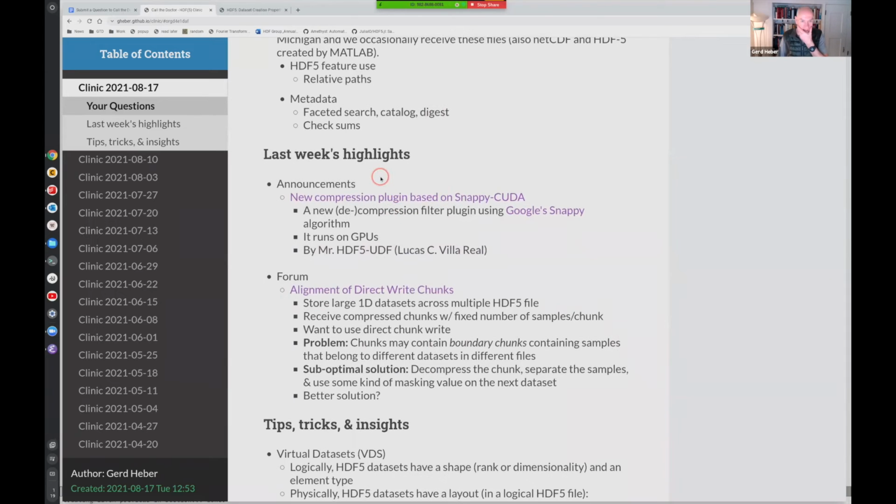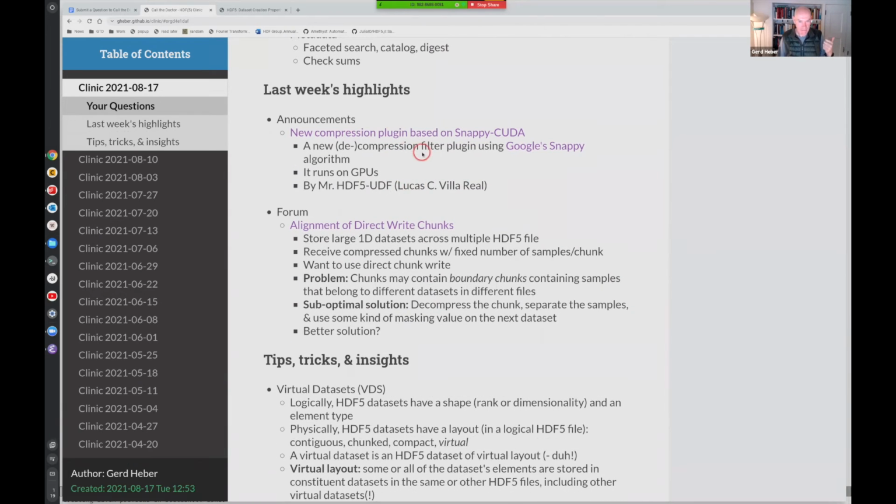So, last week's highlights: there was one interesting announcement. A member of the community implemented a new filter plugin, a compression plugin based on Google Snappy. But the interesting aspect is that this runs on a GPU.